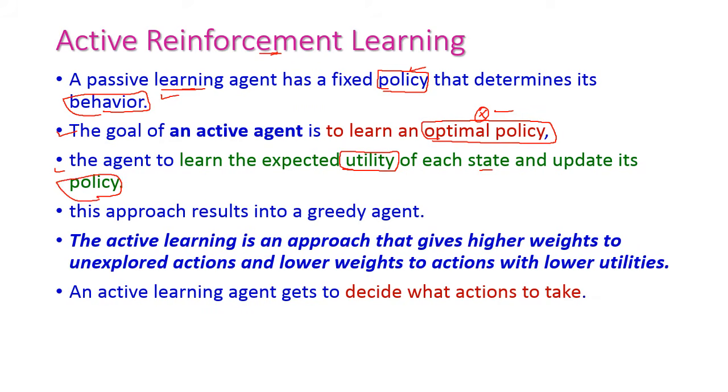So, this is active reinforcement learning, and this agent is a greedy agent. Here, active learning is an approach that gives higher weight to the unexplored actions and lower weight to actions with lower utilities,